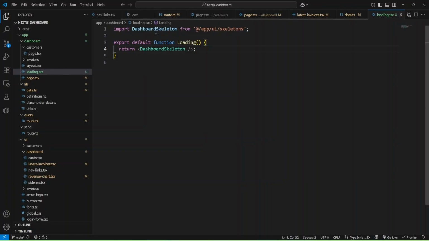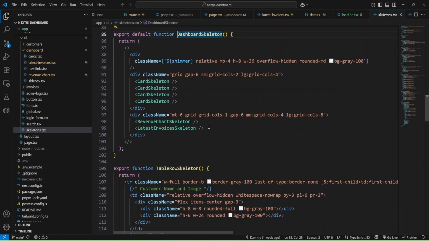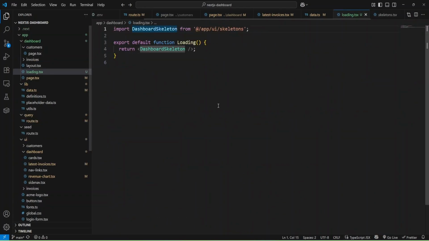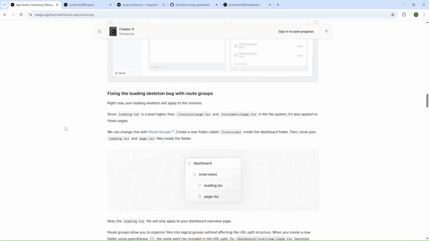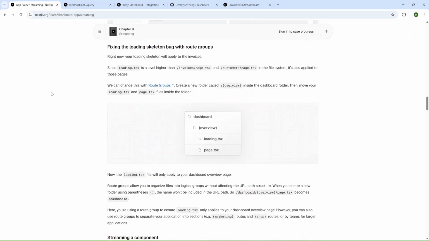And let's check this component. As you can see, they added some skeletons with empty data, I believe. Okay, and let's go to the next. Now we need to fix the loading skeleton because it will apply to the invoices page as well, and we need to create a new folder overview inside dashboard.